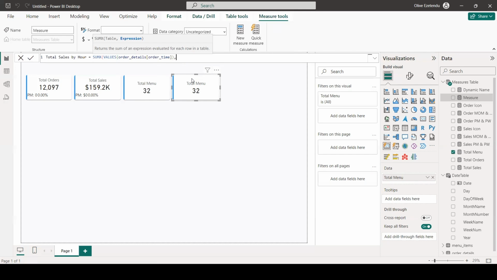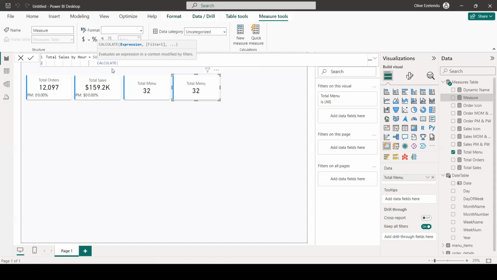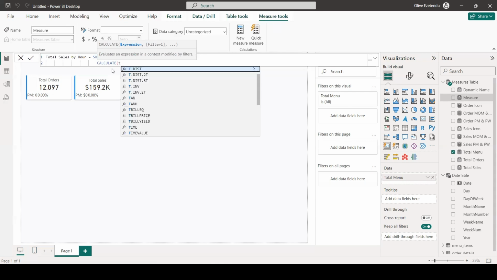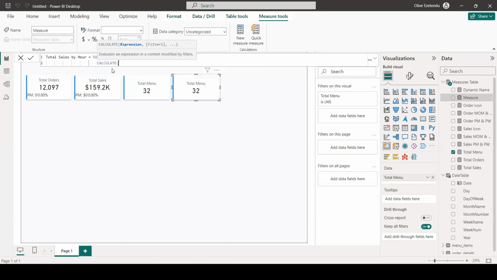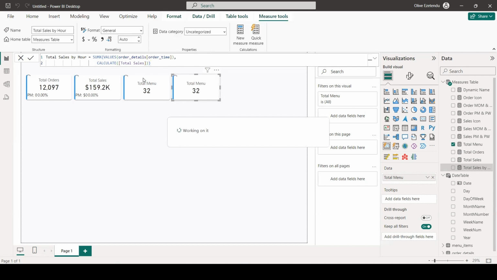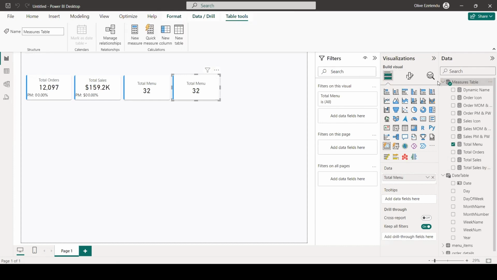then we're just going to use the CALCULATE function, and we are going to get the total sales. So we basically want to know how many sales happened by this hour. Then we're going to close this and close it again, and then we're going to hit enter. So now we've gotten the base measure for the last one we want to do, which is our sales peak